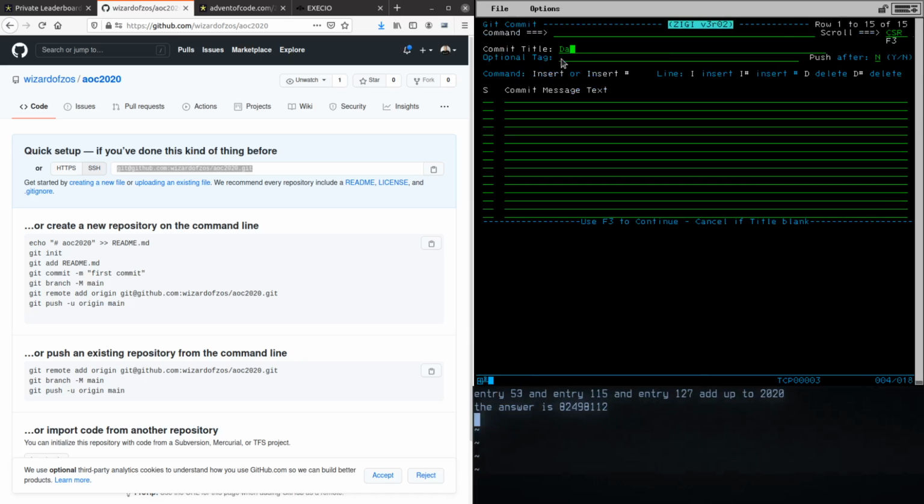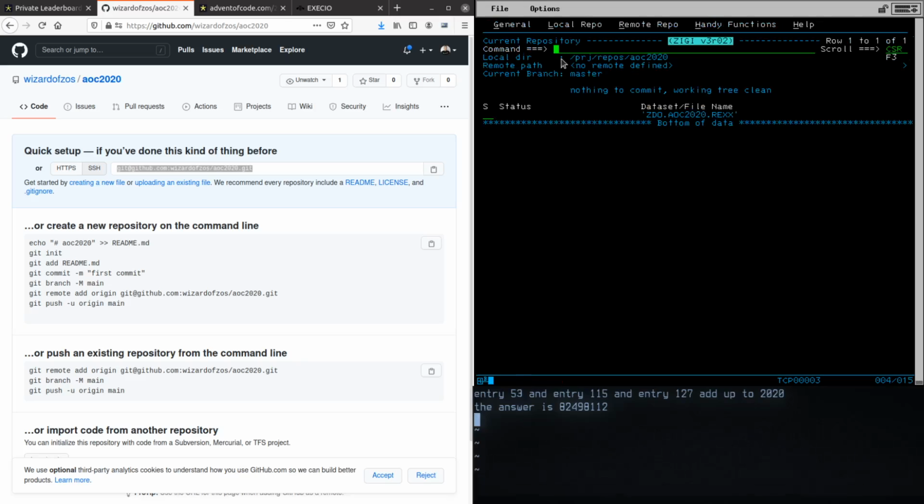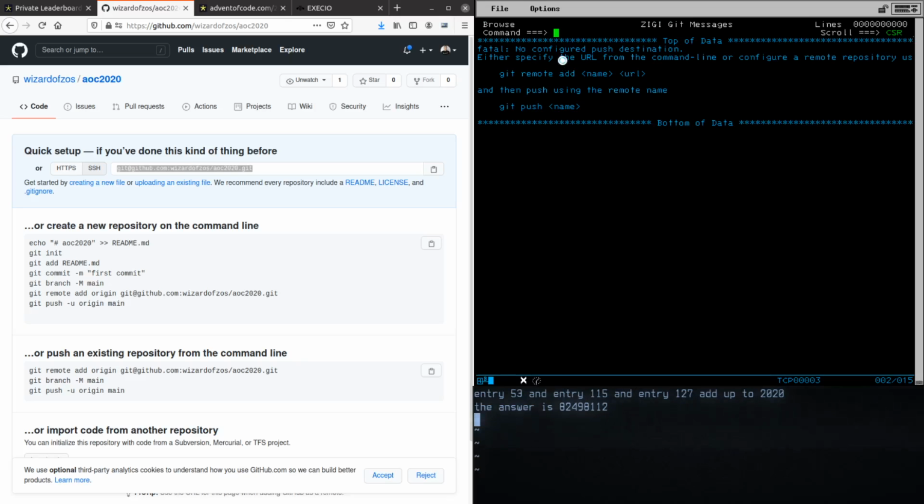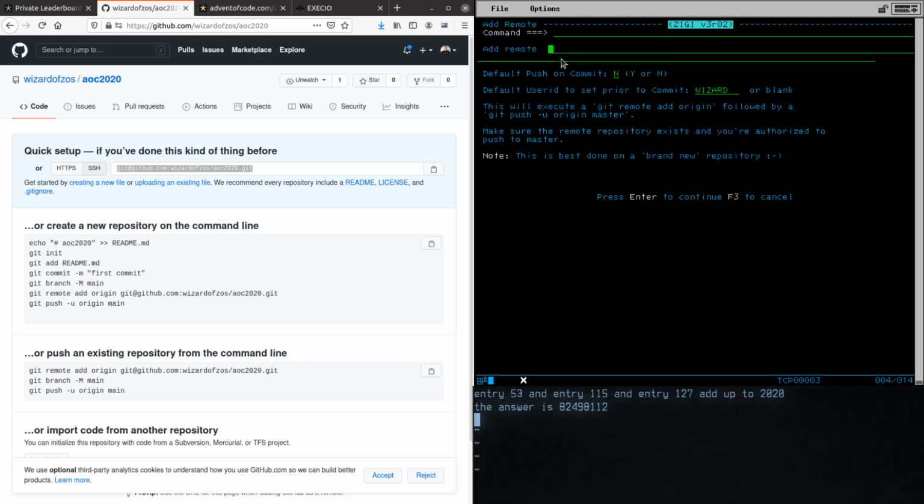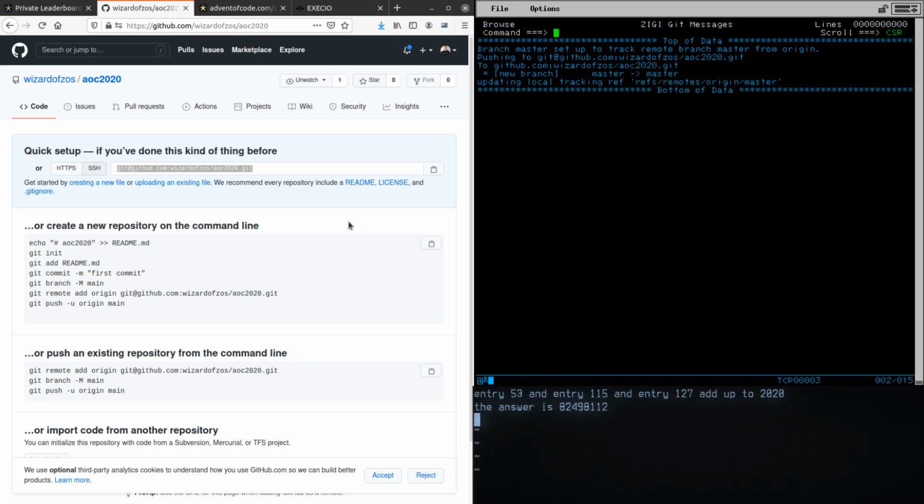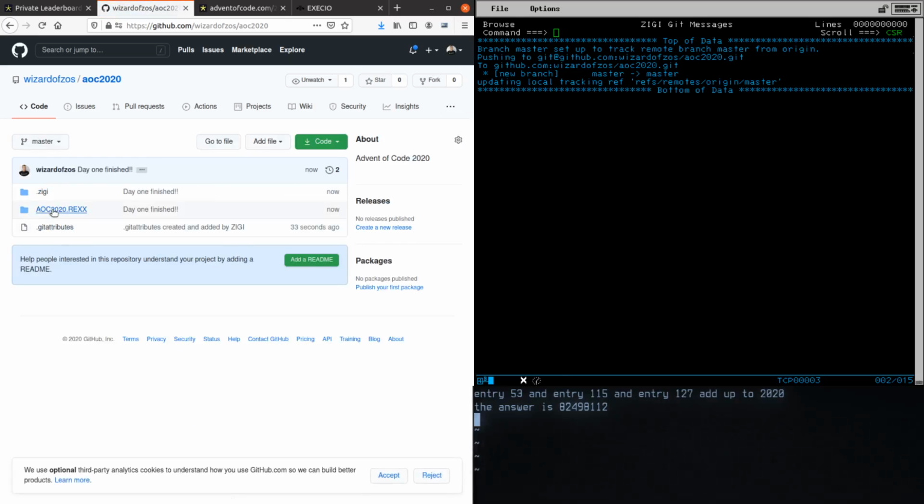Commit. Day 1 finished. Push that out. Oh no, we first need to add our remote, which was this thing. This is all still good. And now we don't need to push because it's going to do an initial push -u anyway. All done. If we refresh this page, now